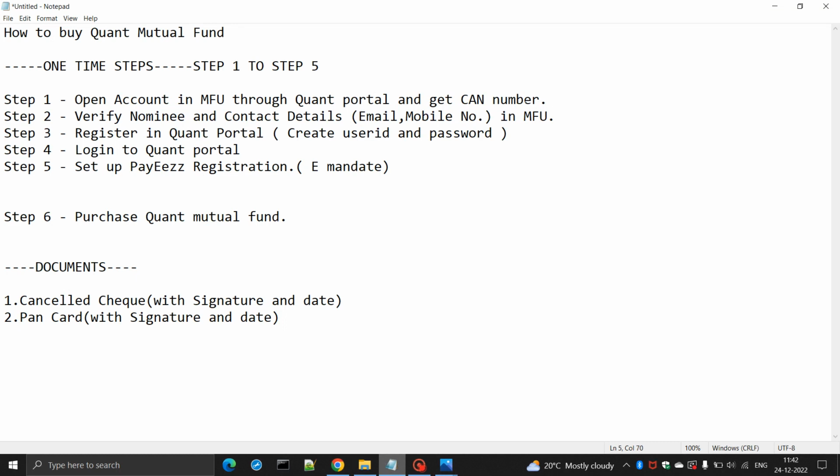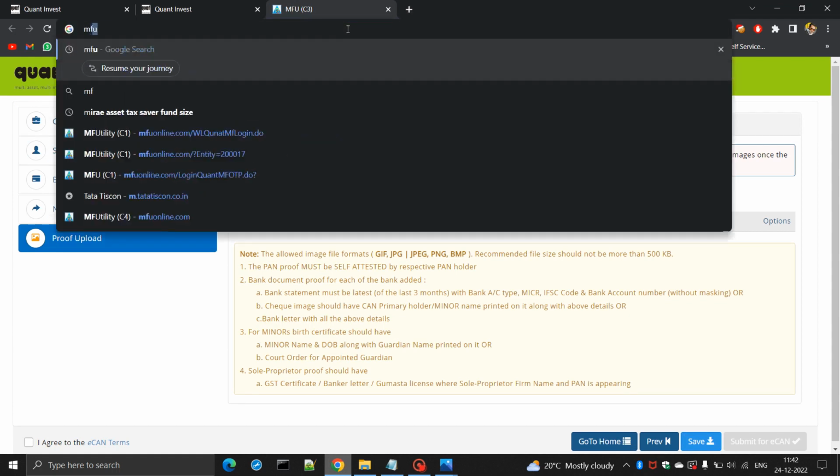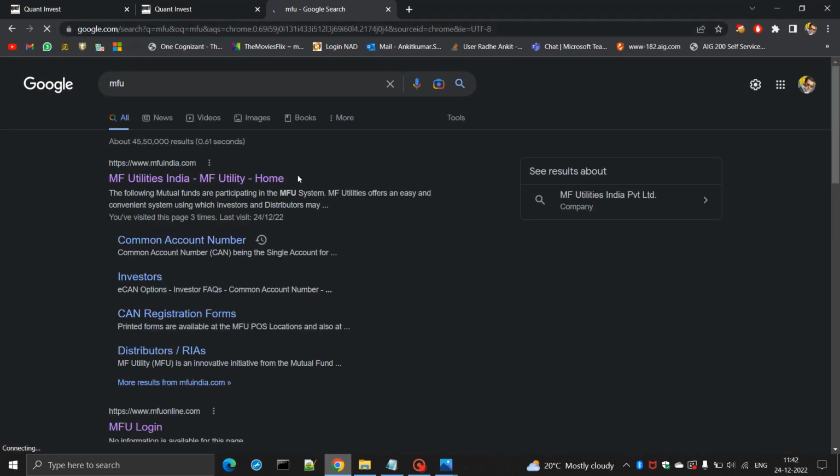Now we will go to step number 2, which is verify nominee and contact details. If you will not verify it, you won't be able to process your Quant mutual fund. So we will go to MFU site. We can simply search here MFU. I will click. Don't worry, I'll provide all the links in the description section. So now we'll go to this site,